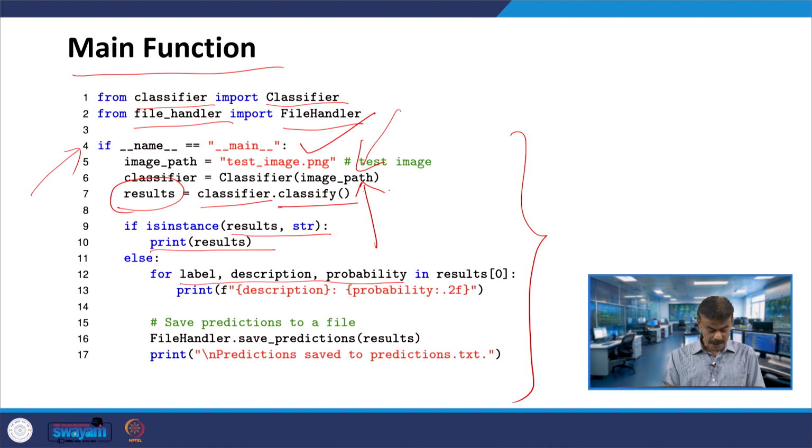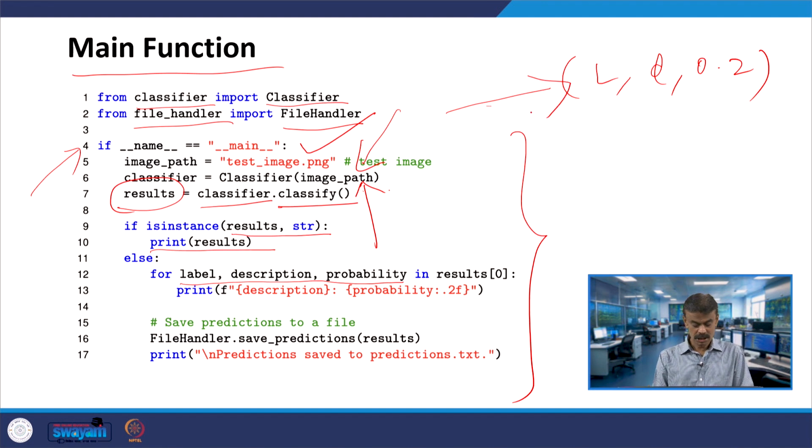Let us say I put L as the label, some description, and a probability of 0.2. It iterates over the first tuple in the list and prints the description and probability as a formatted string.